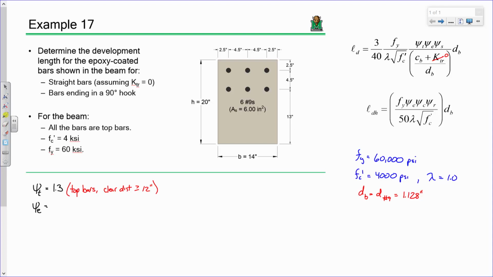2.5. It's the distance from the center of a bar to the nearest edge. So from this bar to the edge, this bar to the edge, and so on and so forth, the worst case scenario is a cover of 2.5 inches. Is that less than 3 bar diameters? Yeah. What about the bar spacing? 4.5 inches. Is that less than 6 bar diameters? Yeah. So we got really slick bars and not a lot of concrete in between them. So that means we are going to use 1.5. If you want a reasoning,